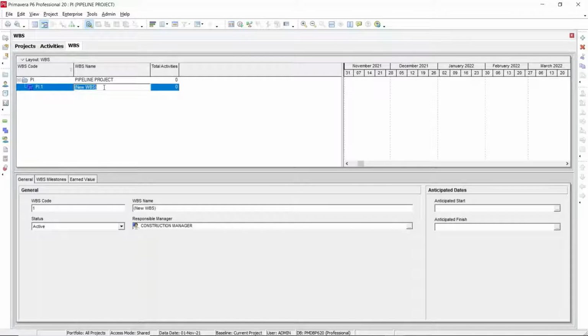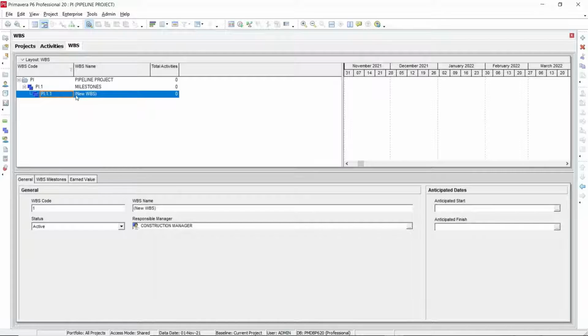Now we are going to add the WBS name here. The first WBS we are going to create is the milestone. After you create the milestones, you can just use the tab here. After you create the first WBS level, the next WBS is engineering and documents. To create the engineering documents WBS, you need to add here. After you add, you can see it's going to another hierarchy level, so you need to maintain it at the same level.